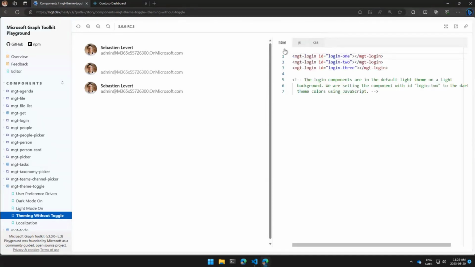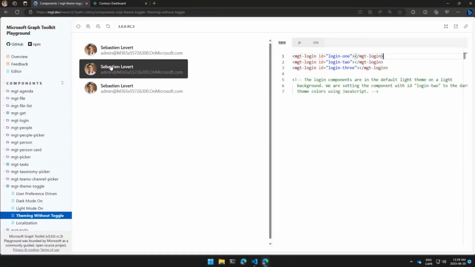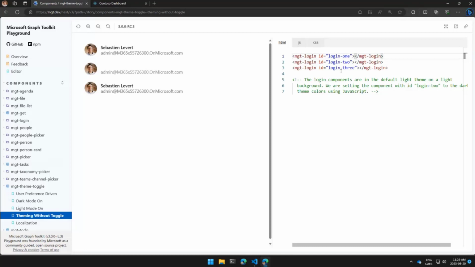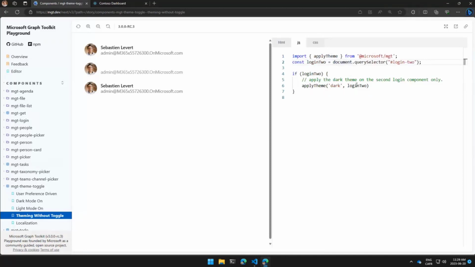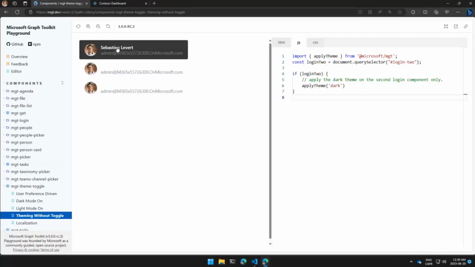If I look at the HTML here, it's 3 login components, one which is like this, one which I don't see my name because the background is white, so I don't see white on white. When I hover, you actually see it. And then we can apply it just for the login too. But if I was doing this, automatically they would all be light all the way. So that's really, really cool.